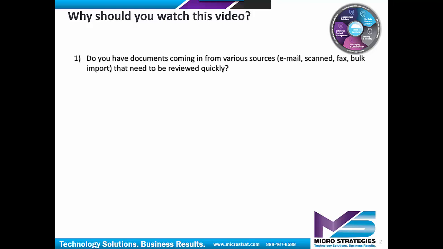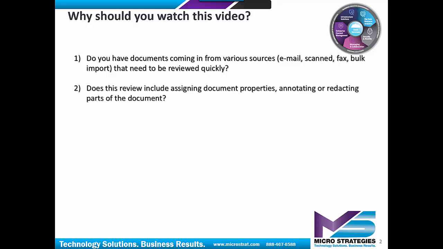Do you have documents coming in from various sources, email, scanned, fax, bulk import, that need to be reviewed quickly? If you will, a queue of documents. Does this review include assigning document properties, annotating, or redacting parts of a document? During that review process, you may have to add properties that didn't get assigned by virtue of how the document was brought into the system, but you also may have annotating that needs to get done, or do you have redacting of certain documents, blacking out certain areas so only certain parts of a document can be